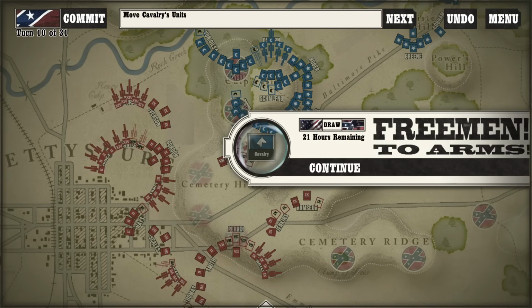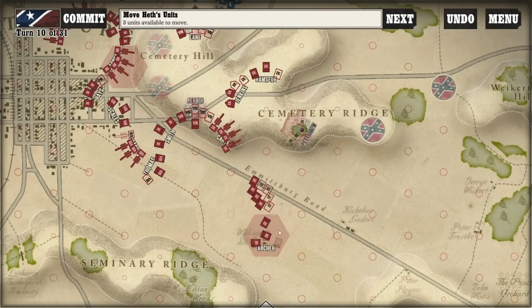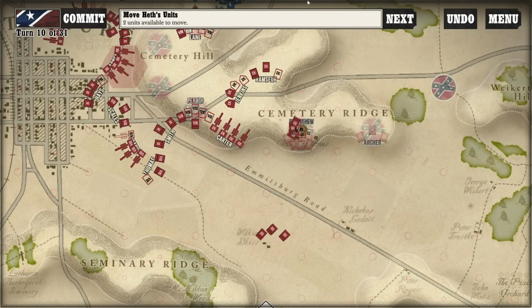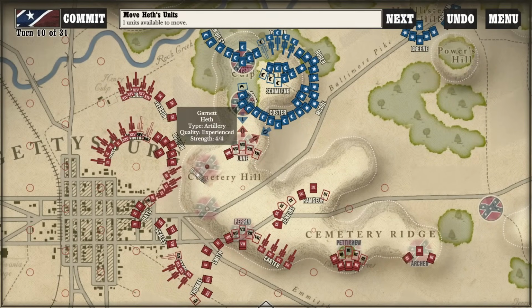First Corps doesn't have any units left, do they? Like, their movement just got skipped, and so did cavalry. Jesus. Alright. The whole of Cemetery Ridge is now ours. Granted, it's not, like, strongly held or anything, but...